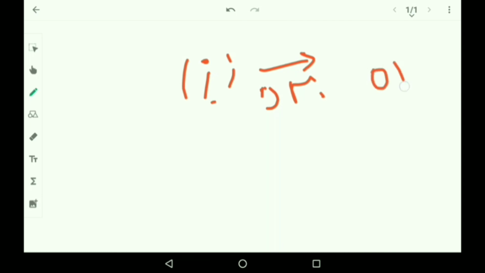Next is subdivision I. They have given that ray OM is not opposite to the ray OP. OP was in this direction, OM was in this direction. This is what we saw in the previous sum. So both are in the opposite direction. But in the question they have given, they are not in the opposite direction. So the statement is false.